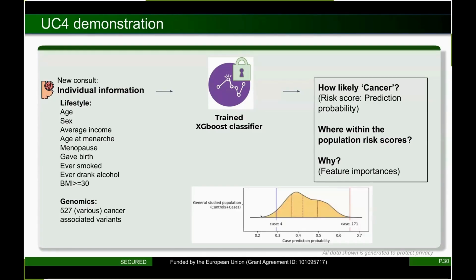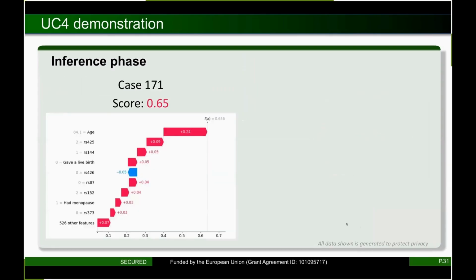So to show you first, if you remember this plot of the population risk scores, I will show you two cases, one that has a very low risk compared to the population and one that has a very high risk. So let's focus first on the high case. We can see that here the model assigned a high risk score, and moreover, the reason that it made this decision is because this person was already 84 years old and they have different variants that confer a higher risk